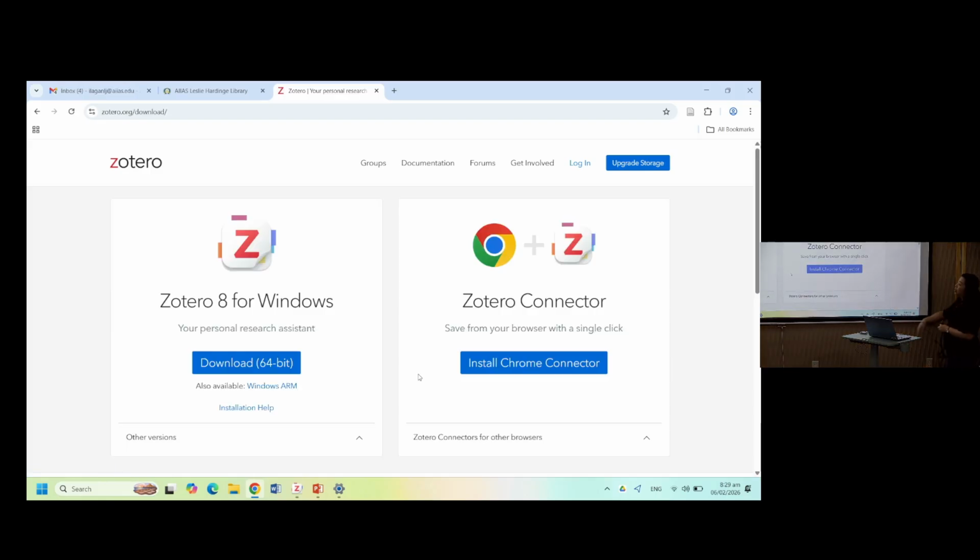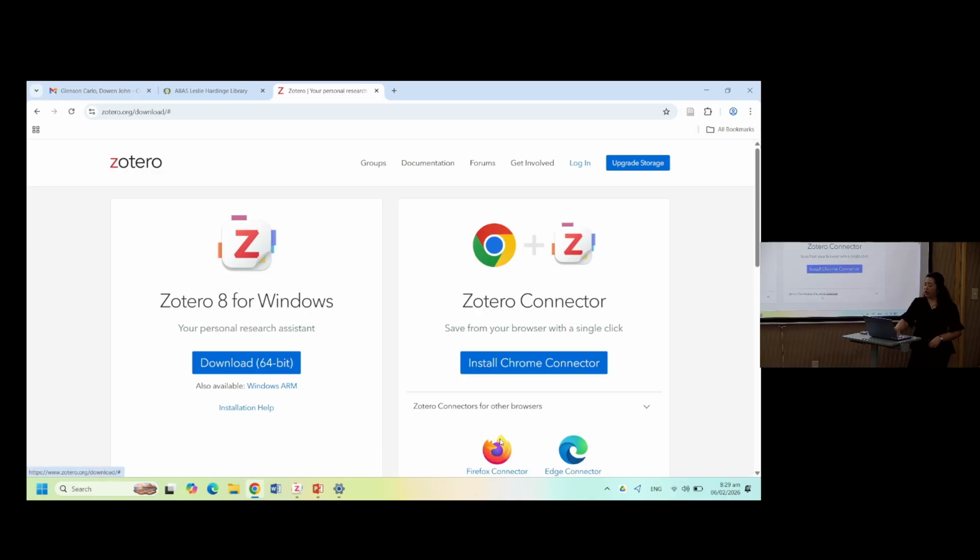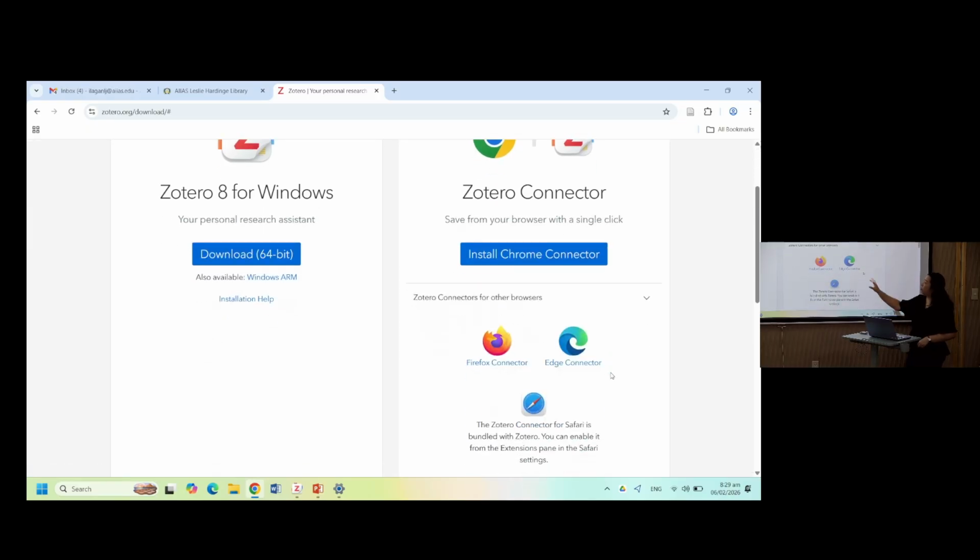You'll see there you're asked to download that one, and we have here the Zotero connector. You can see the different browsers that you can use, whether you prefer Firefox or Edge.